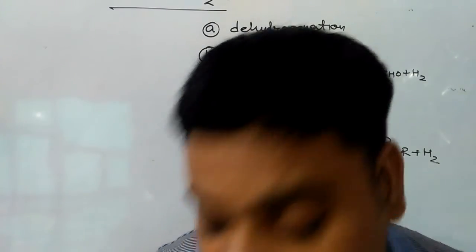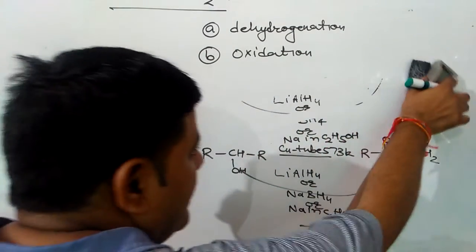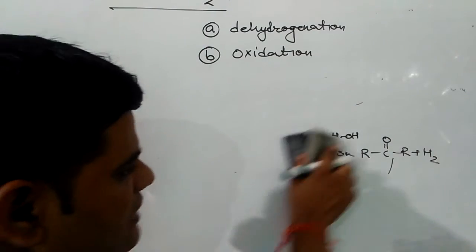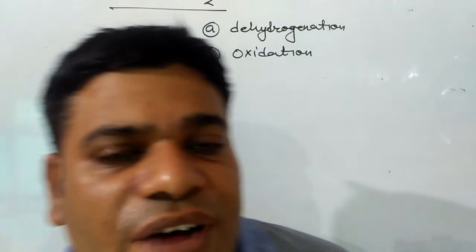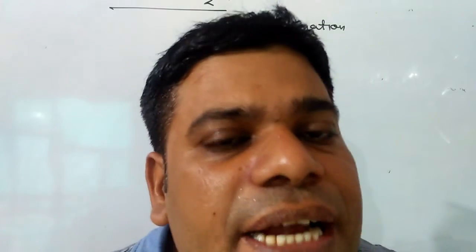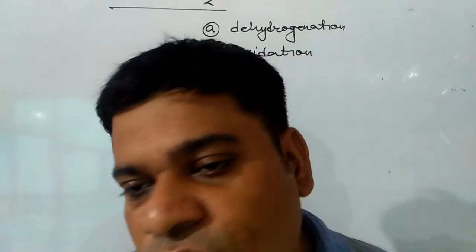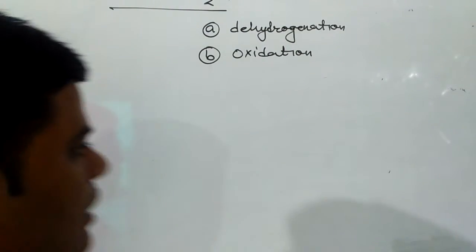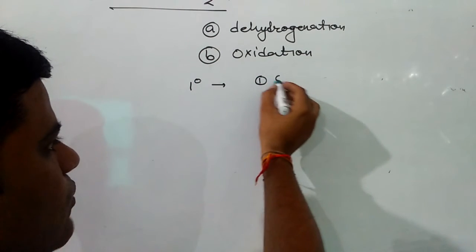After this, next method we are going to discuss, that is the oxidation method. As in alcohol phenol chapter we have already discussed, the oxidation of alcohol with stronger oxidizing agent will form carboxylic acid. But if we want to keep it up to the aldehyde state, then we have to do oxidation with some weaker oxidizing agent. And for primary alcohol, those weaker oxidizing agents, the first one is Collins reagent.